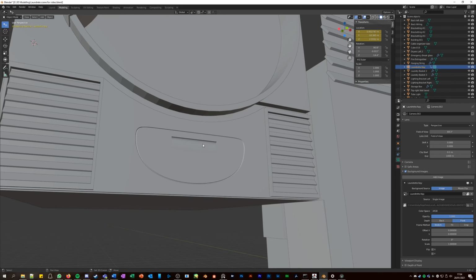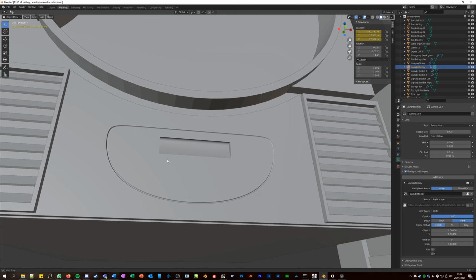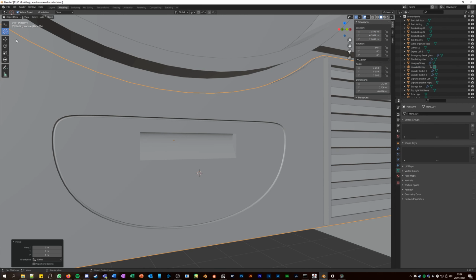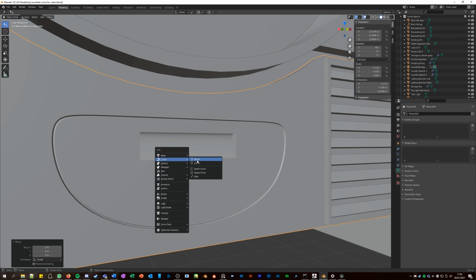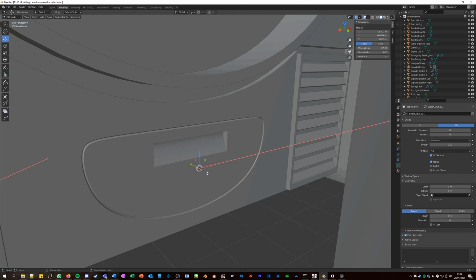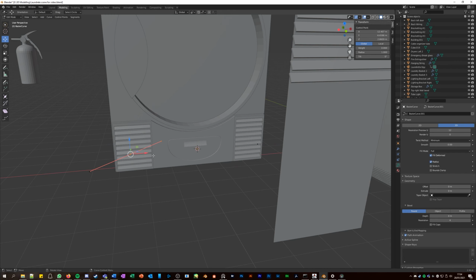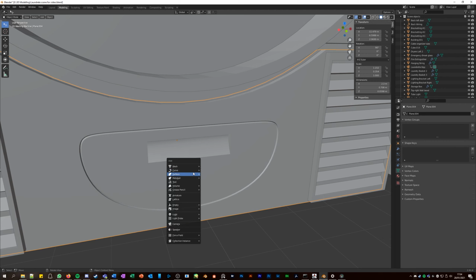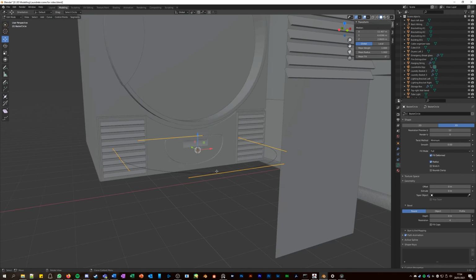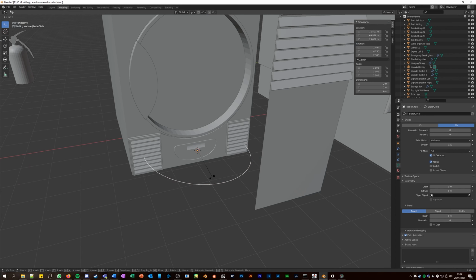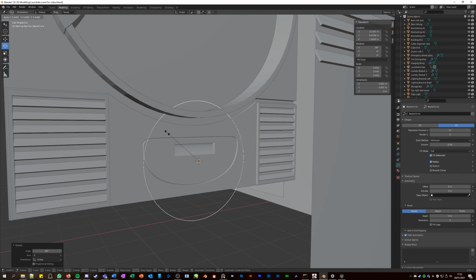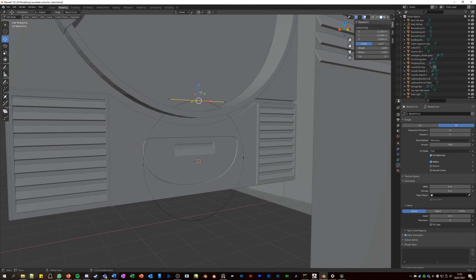And then the next step I think was this handle, which I basically started with a Bezier Curve. So if I add a cursor there, and then add curve, Bezier, it creates this curve which you can shape and move around. I think I started with a circle, which I can rotate with the rotate tool by 90 degrees, scale it down a bit, then adjust these corners, so bring that down,